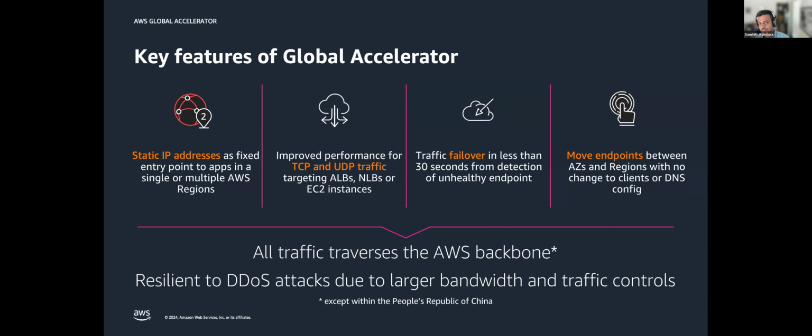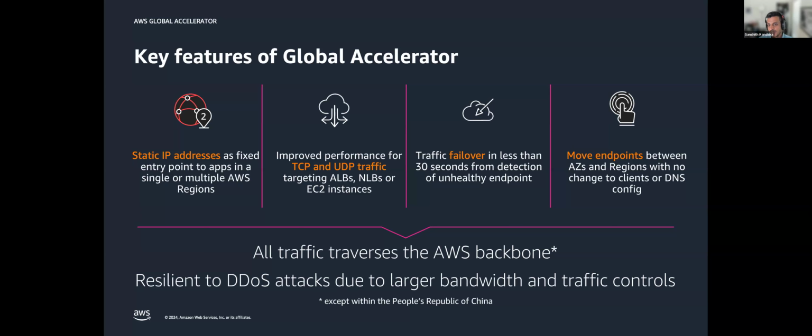It improves performance for TCP and UDP traffic, and the targets, the origins basically, for Global Accelerator could be Application Load Balancers (ALBs), Network Load Balancers, or EC2 instances. So there are multiple options. And again, you would talk with your partner to understand how your application is set up. That way you can essentially configure these